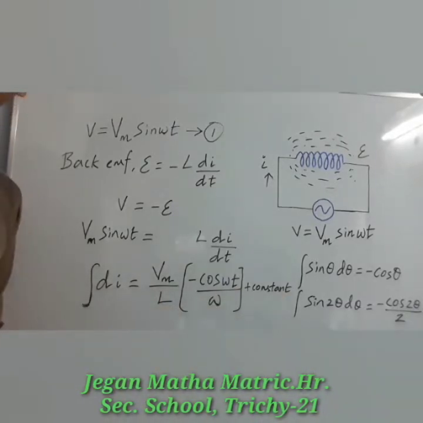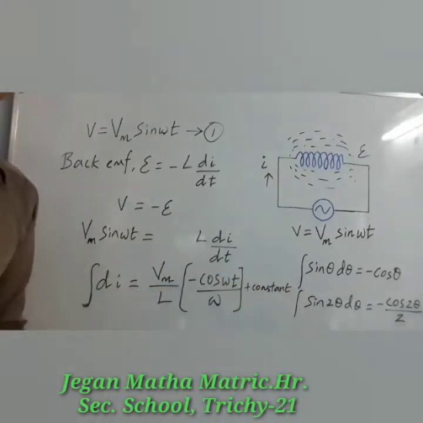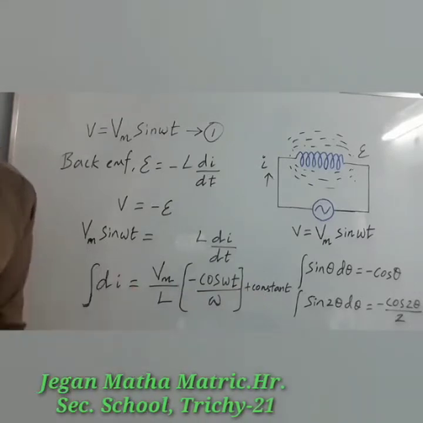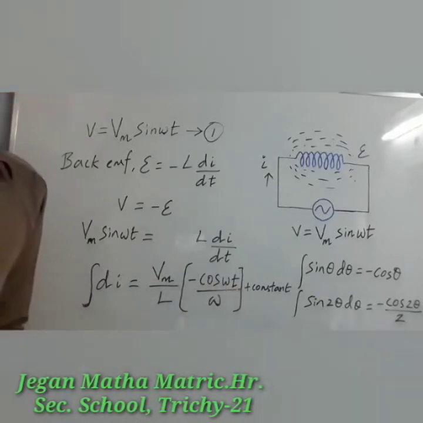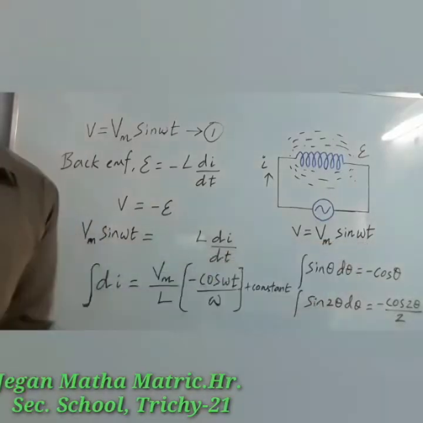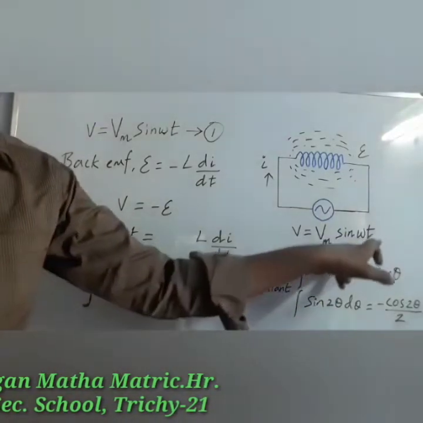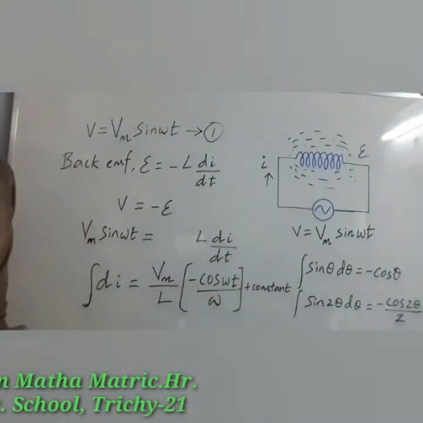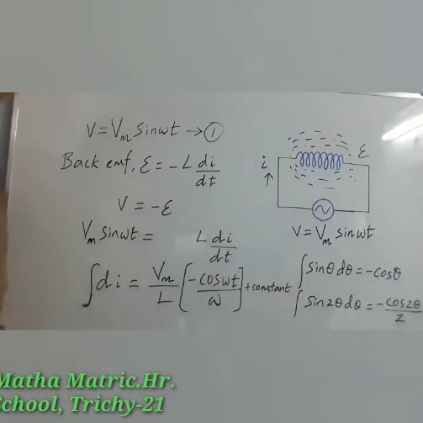Here I introduce the constant, because in the integration we have used the limits. So what is the value of that constant? The integration constant in the equation is independent of time, whereas this factor is dependent on time. Since the voltage in the circuit has only a time-dependent part, we can take the time-independent part in the current. That means the integration constant can be considered as 0 and neglected from this expression.